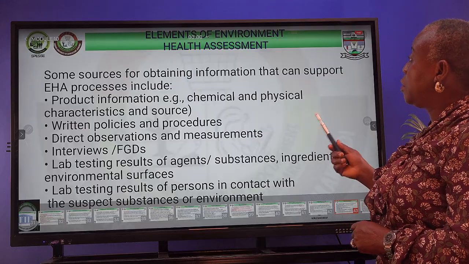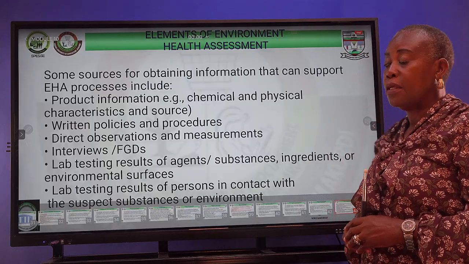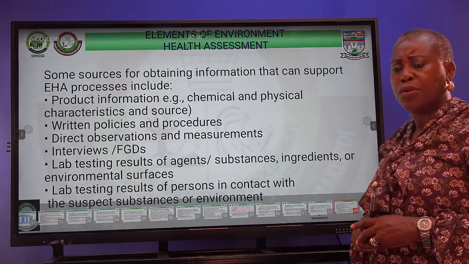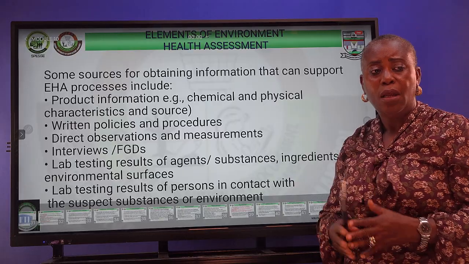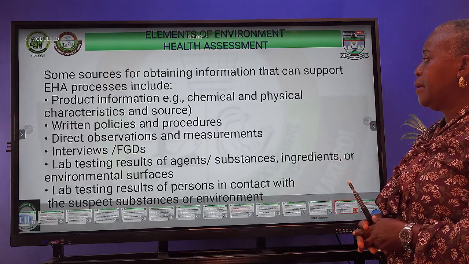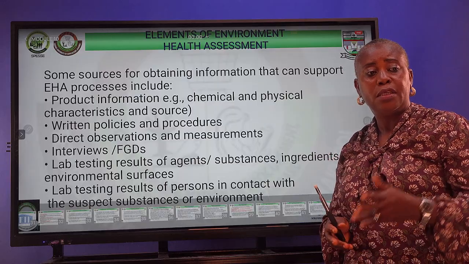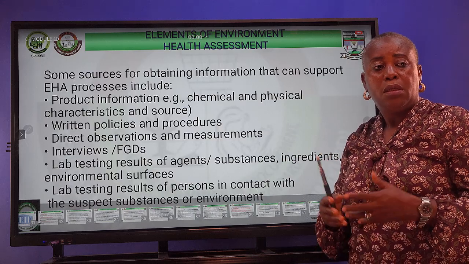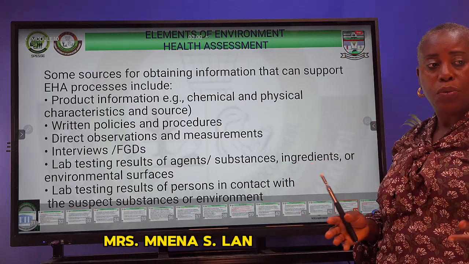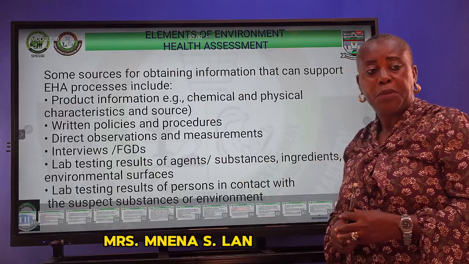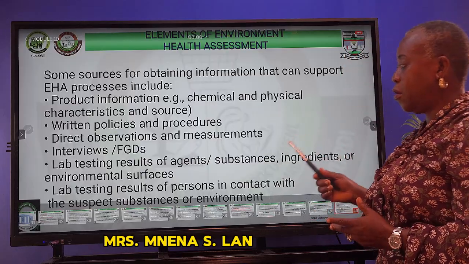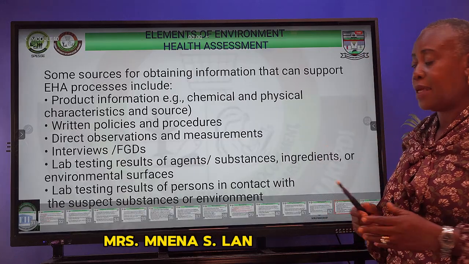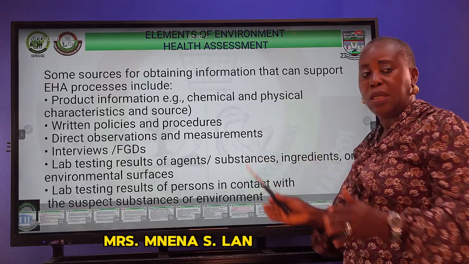Some of the sources of information we look out for during environmental health assessment is product information. For example, in the case of hazards, what type of products are they? What are the written policies concerning such product use in our environment? Who is affected? What groups of persons are affected? Young, old? Maybe you carry out some interviews and focus group discussions. There might also be laboratory testing of specimens and testing of persons affected as well, so that a holistic information